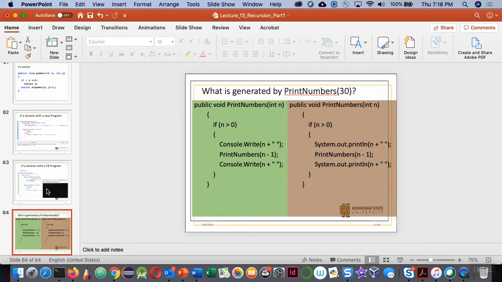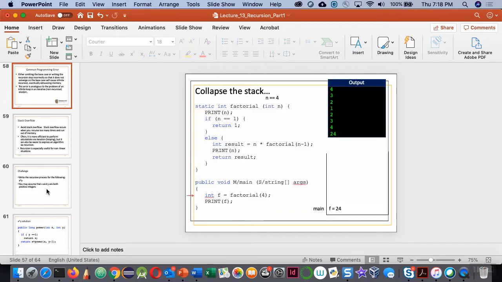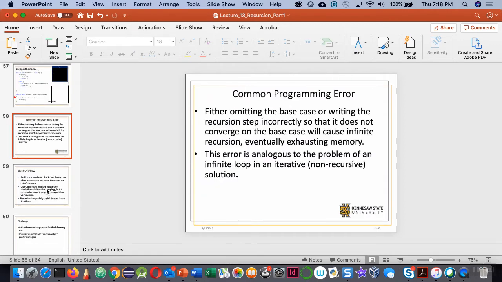Okay, there are only a few more slides. One of them is about a general program error. Sometimes it may happen that if you do not converge to the base, your program will overflow the stack. So while finding the factorial of n, you should use n times factorial n minus 1. That is convergence. But if you do divergence, you can write factorial n this way,